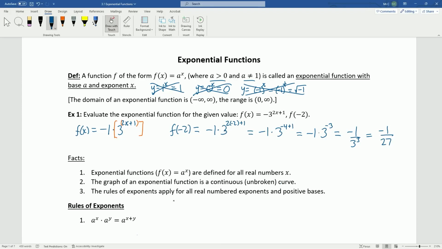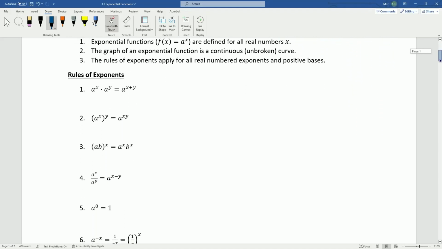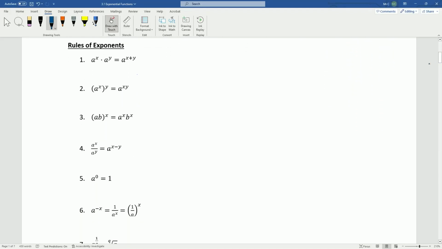And the rules of exponents apply for any real numbered exponents in positive bases. So on that topic, now let's go ahead and review those rules of exponents. So we've got a list of 8 rules here, and we're just going to go through each of these. For some of these we're going to really justify properly. For others, we're going to look at some key examples to explain why the rules work the way they work. So for this first one, we have a to the x times a to